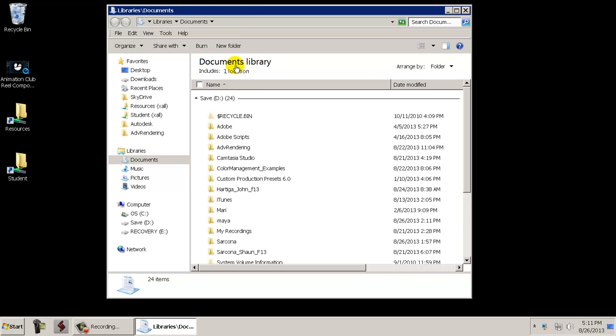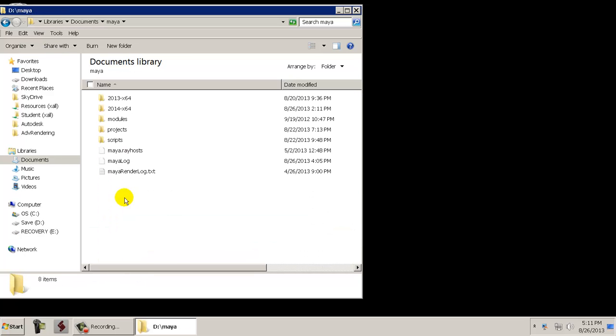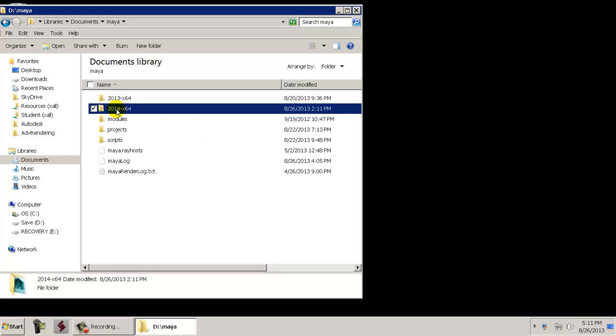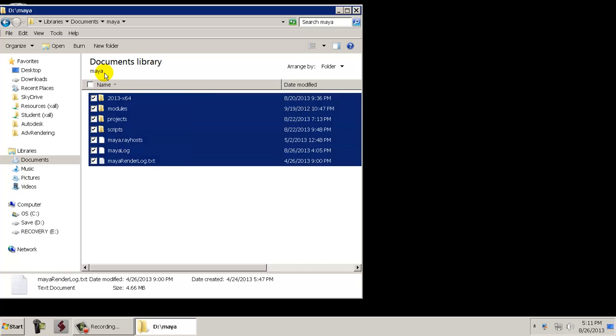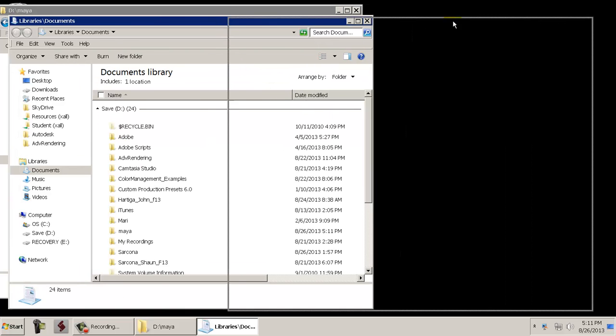So what we're going to do is make sure Maya is closed. We open up the Maya folder on the D drive. Open up and click on the 2014 and we delete it. Okay, so we're deleting the old Maya preferences, and then we're going to go back to the Documents folder, back